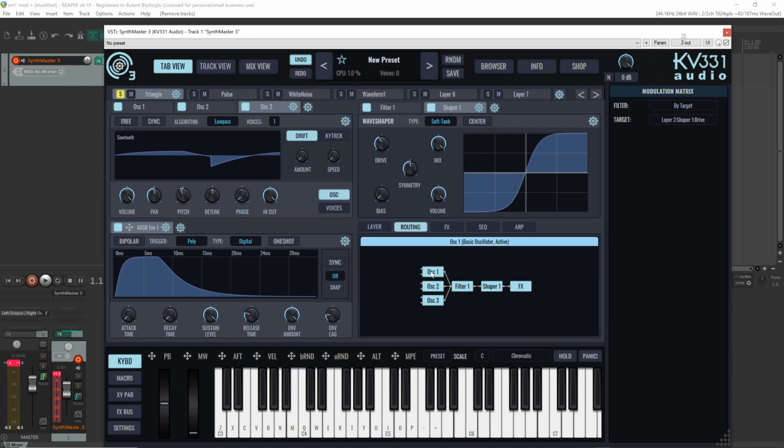I can click on the modules to turn them on or off, like this. I can even turn off the layer effects, but since we don't have any effects yet,